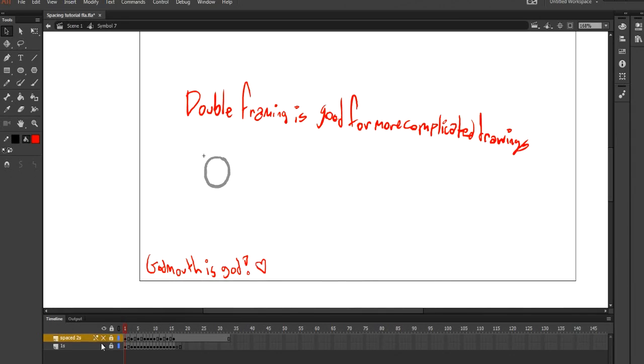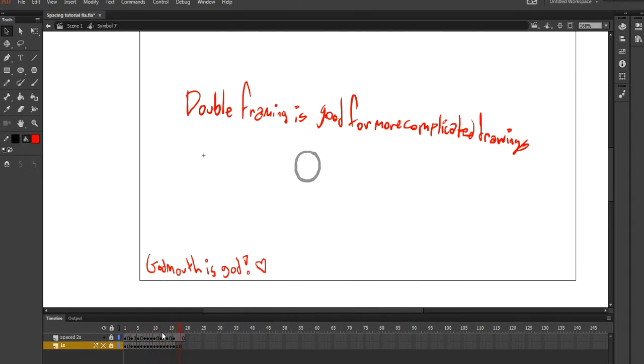So let me explain. For example, this motion right here is not double framed. This is just a normal motion of it just doing its thing, and it's all single framed, right? Now we also have this motion. This is double framed. In my opinion, I think the spacing is okay. They are about equivalent. They start and stop at the same place, and they're going at the same pace. It's just one of them uses less frames, so some of them will literally just not be there,